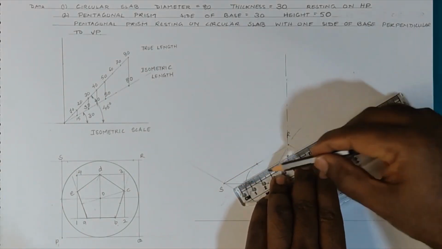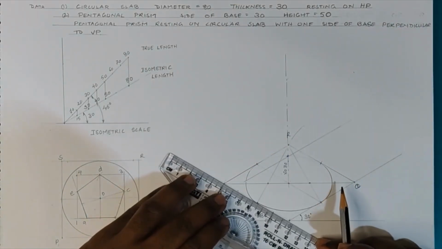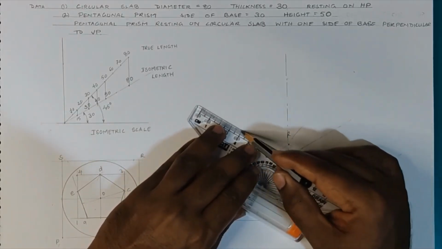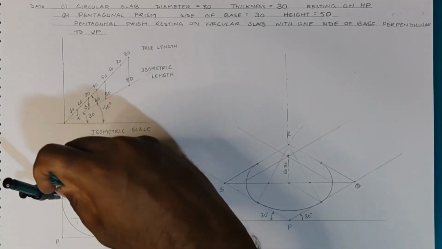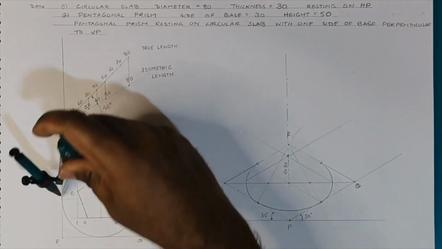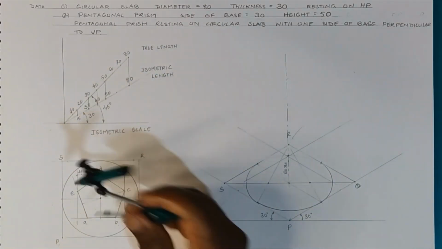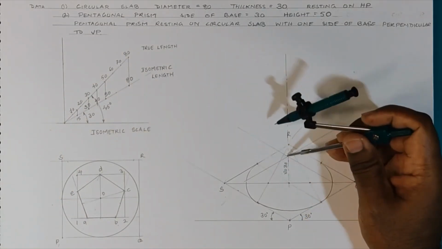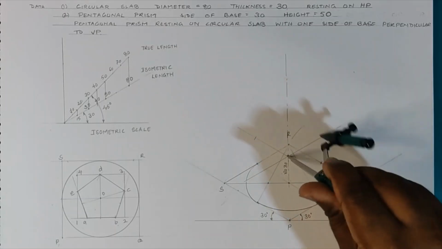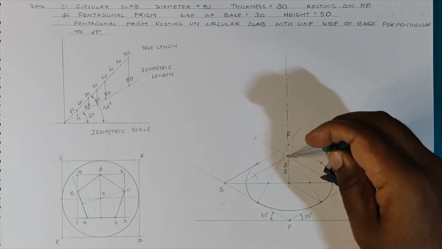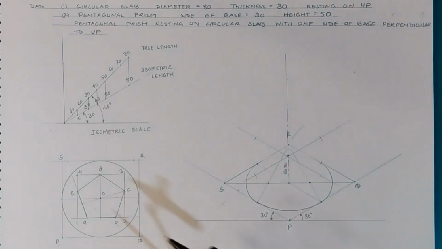So at this point I draw again the isometric axis inclined at 30 degrees. So I draw parallel lines to the earlier axis I had constructed, and using the radius of isometric 40, that is the radius of the circle in the reference figure, I mark arcs on these isolines which are inclined parallel to the isometric axis.